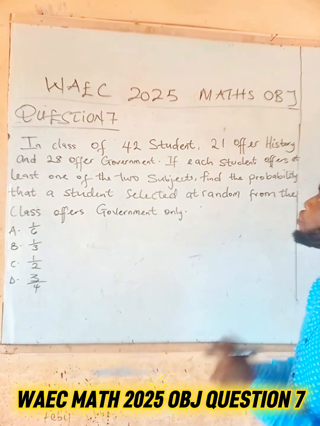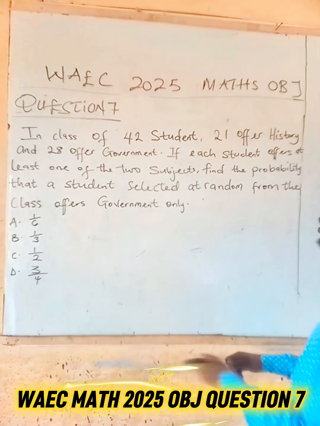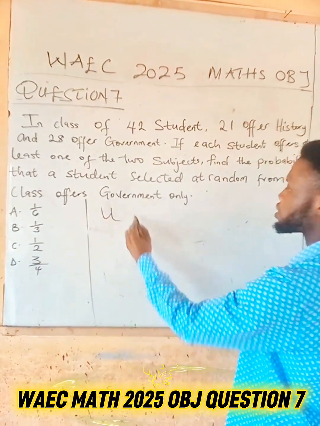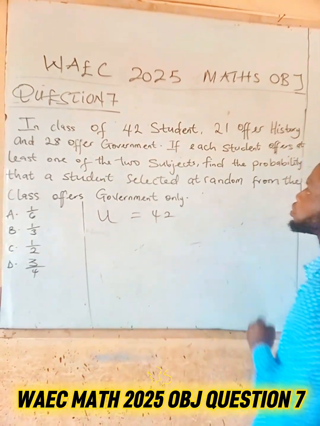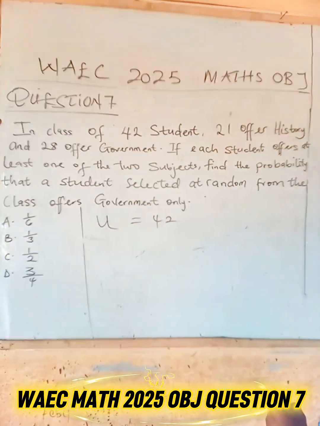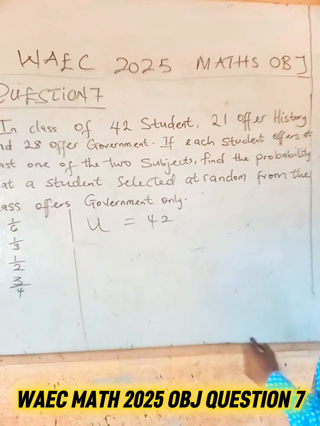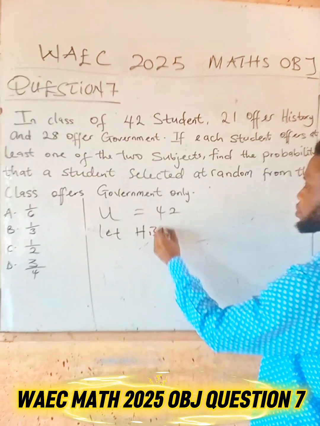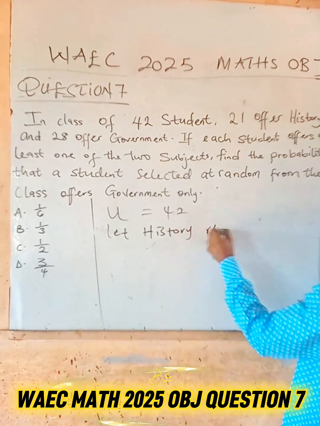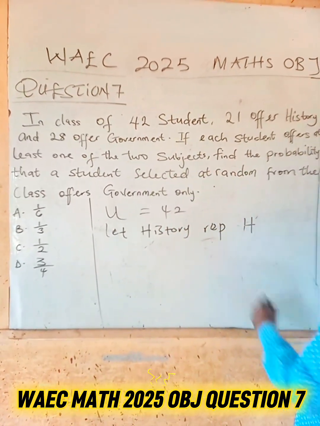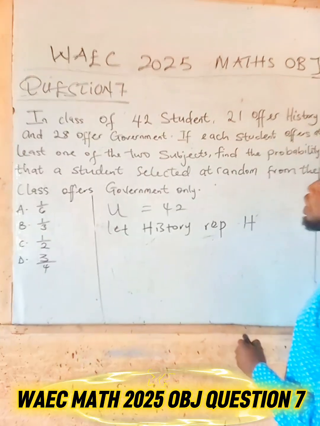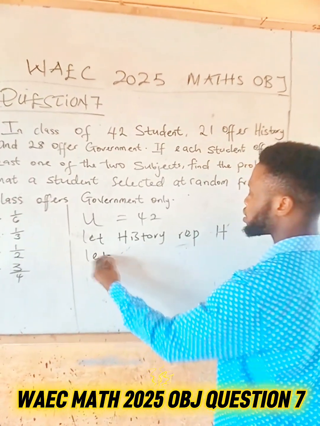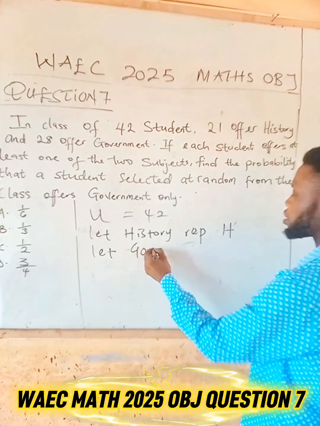So in a class of 42 students, the universal set is 42. You have 42 students in that class. 21 offer history. So let history represent capital H. And 28 offer government. Let government